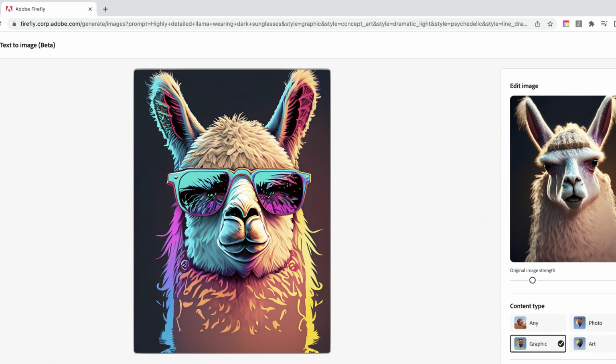In this video, we will find out the best AI generator for images between Firefly and MidJourney. If you're looking for the best AI generator for images in 2025, then watch this video till the end